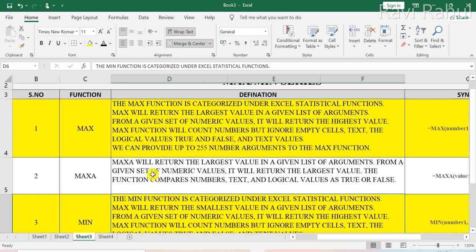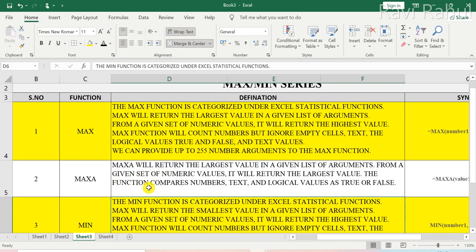Now let us proceed with MAXA. Here the A stands for all. It will return the largest value in the given list of arguments from a given set of numerical values. The difference is that the function compares numbers, text, and logical values as true and false.